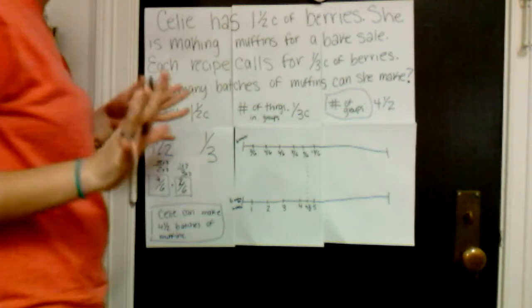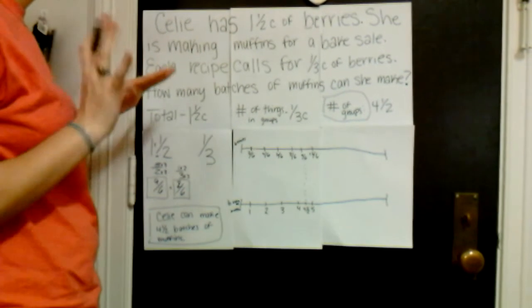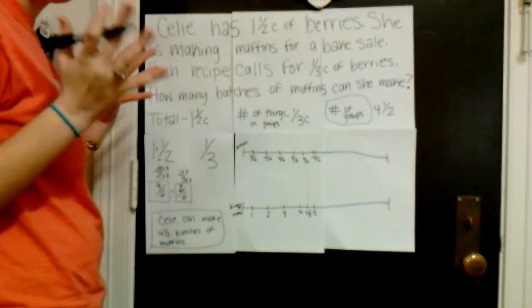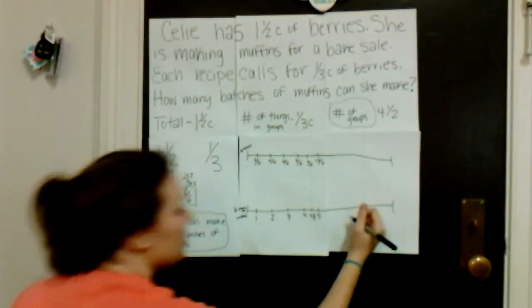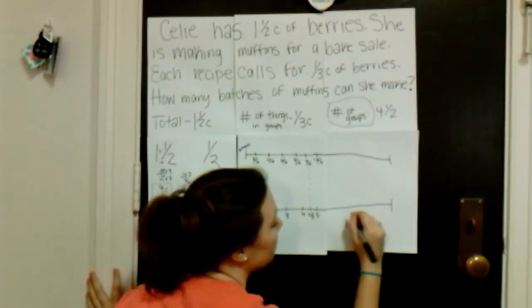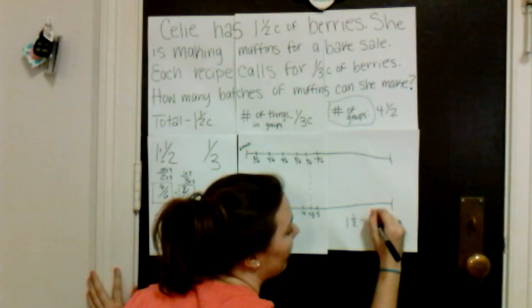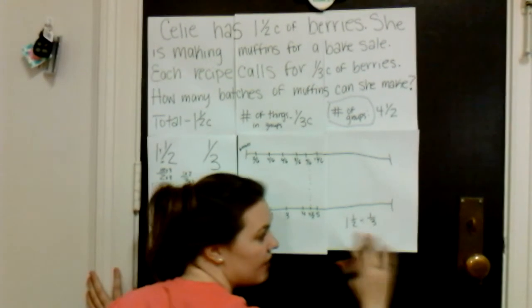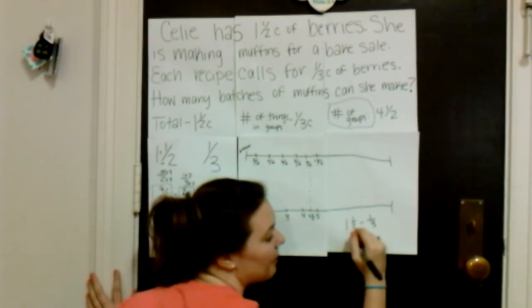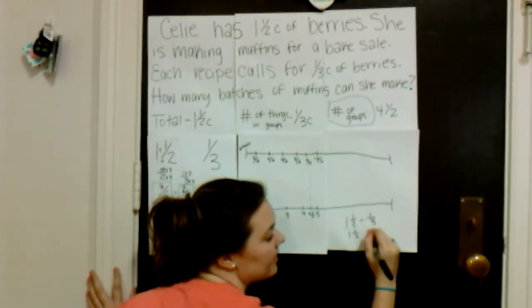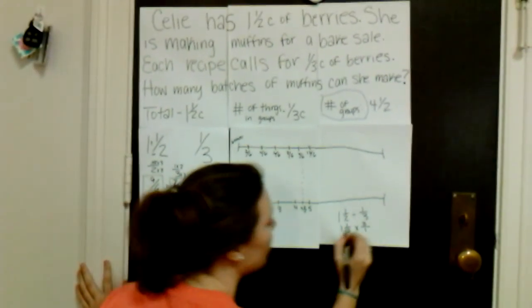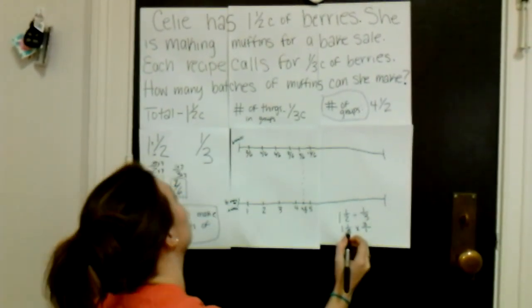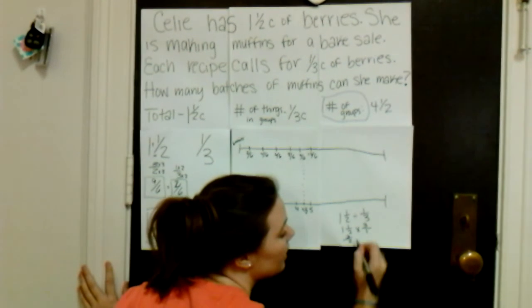Now to check and make sure our math is right, we're going to go back and solve it like you normally solve a fraction division problem. So you're going to have 1 1/2 divided by 1/3. And to divide fractions, you multiply by the reciprocal. So you take this and multiply by 3/1. And this one we've already changed into a mixed numeral over here, and it's 3/2. So you multiply